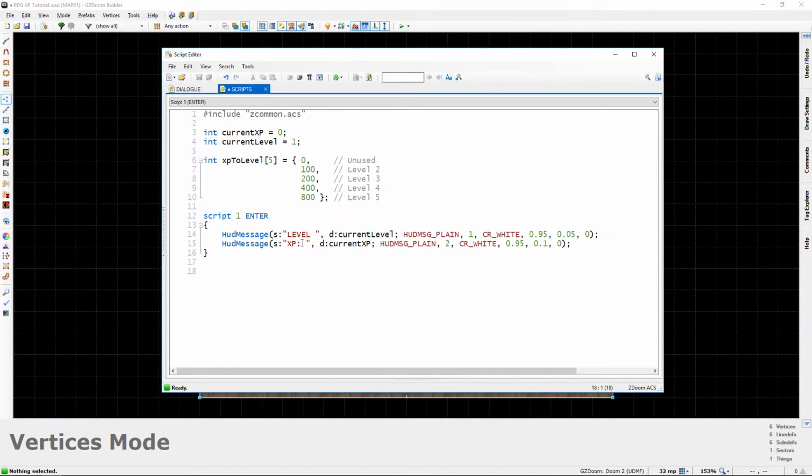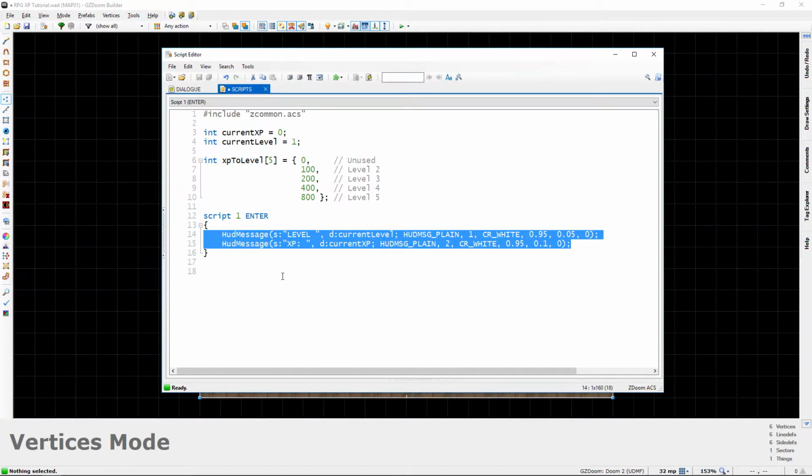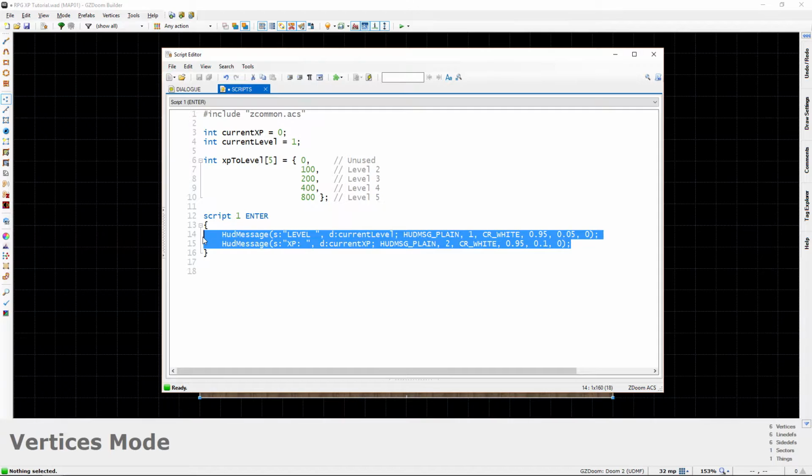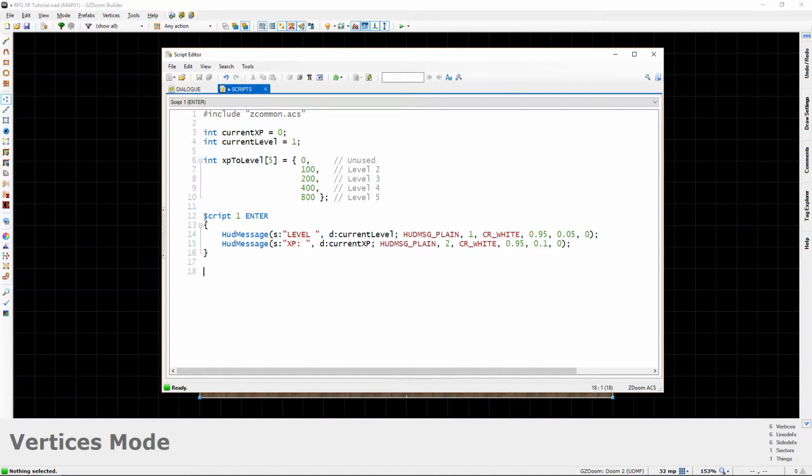I do want to just vaguely explain what this is doing, and I want to demonstrate it for you guys though. So what we've done here is we have created two messages on the screen. They are both being shown in the upper right hand corner. The first one is going to be the player's level, and the second one is going to be his current amount of XP, and that way the player will see those at all times and can track those. But again, going back to the hold message, those are not being updated even though they're being shown on the screen at all times. In order to update them, we're going to have to call this script again. We're going to do that down in script 2 when we type it out,